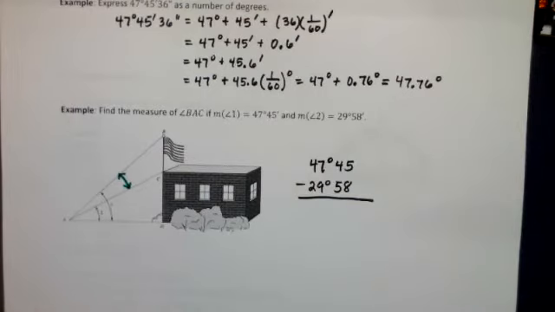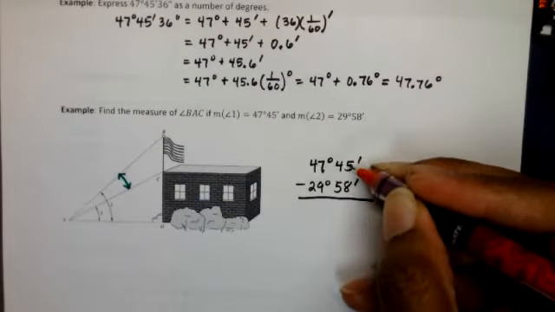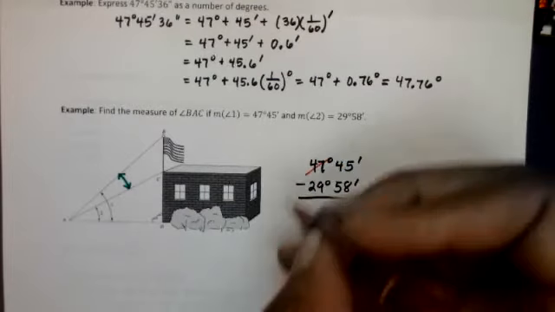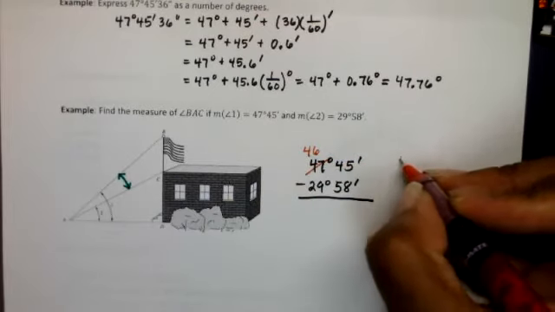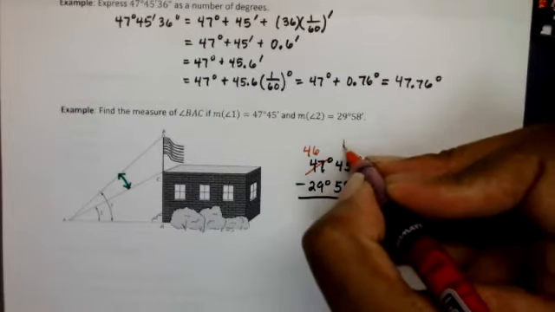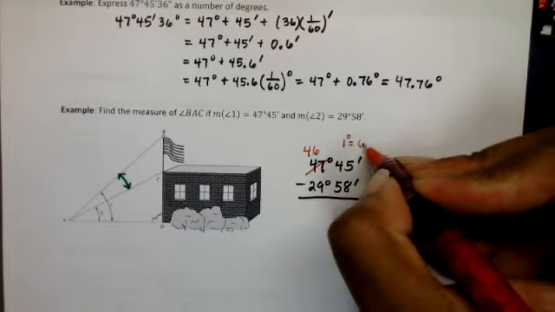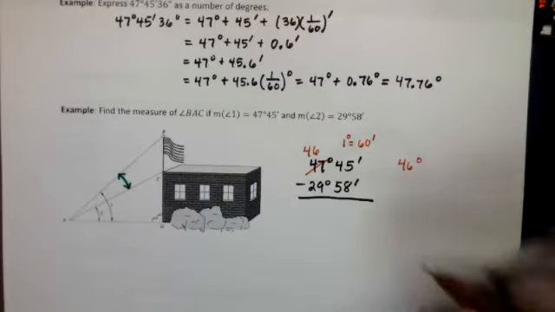All right. This is in minutes here and here. Now, I cannot subtract 58 minutes from 45 minutes. Okay, I need to do a little regrouping here. I need to take away 1 degree from 47 degrees. That will leave me with 46 degrees. Now that 1 degree that I took away, I'm going to convert that to minutes. 1 degree is 60 minutes. So if I add the 60 minutes to the 45 minutes, I will end up with